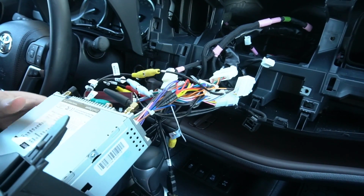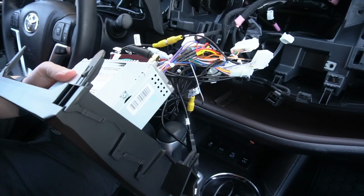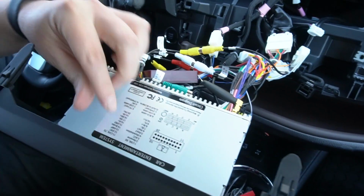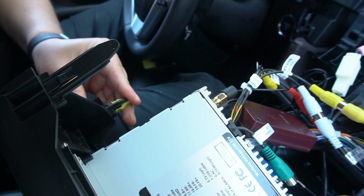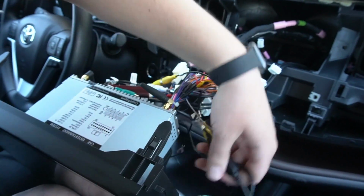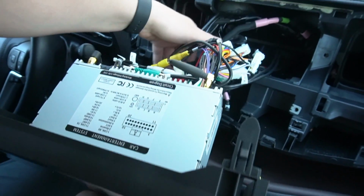And another thing that you're gonna do is, you remember we removed these two yellow clips from the original stereo. You're just simply gonna clip them on. So you're not gonna be using the metal bracket from the original stereo. It's gonna be held on clips. This is a way lighter stereo than the original. Just like that. And at this point, as you can see, there's some long wire, especially this one for the original USB. You can also use a cable tie,